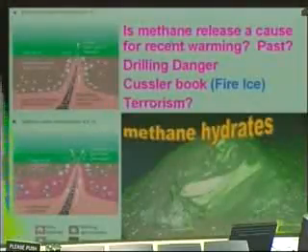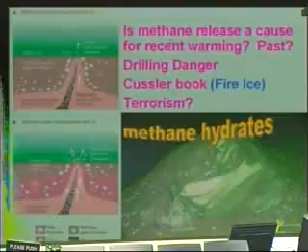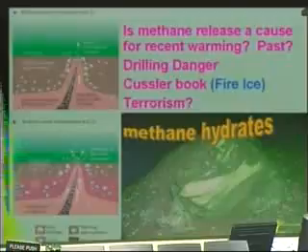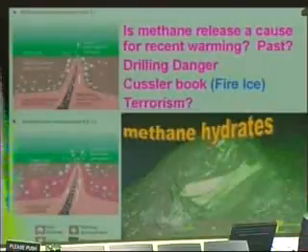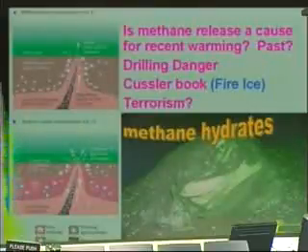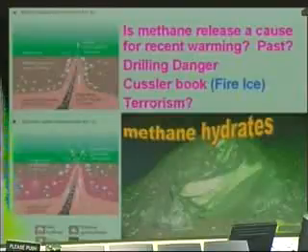Has this methane gas been released at a certain rate recently to maybe be a reason why we've had global warming? We don't know. We're looking at it. Possibly. That's what you got to do as a scientist. Has it happened in the geologic past? When it releases and belches out and breaks loose, does it cause a huge submarine landslide? Which therefore could cause what? A tsunami of some sort. We don't know. But we're looking at it. We're trying to tie and study these things together to figure out what's going on.